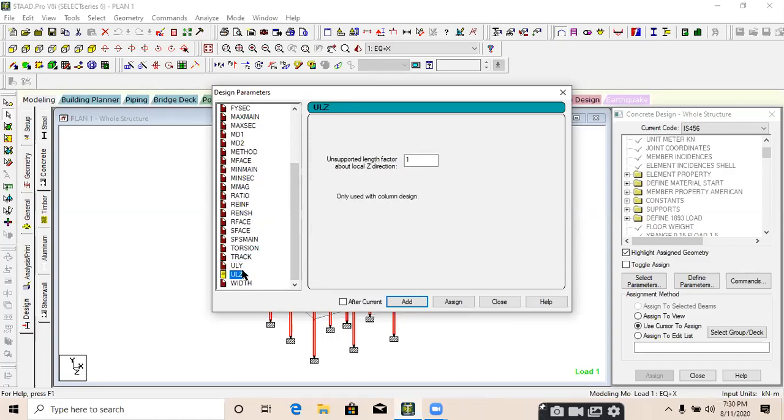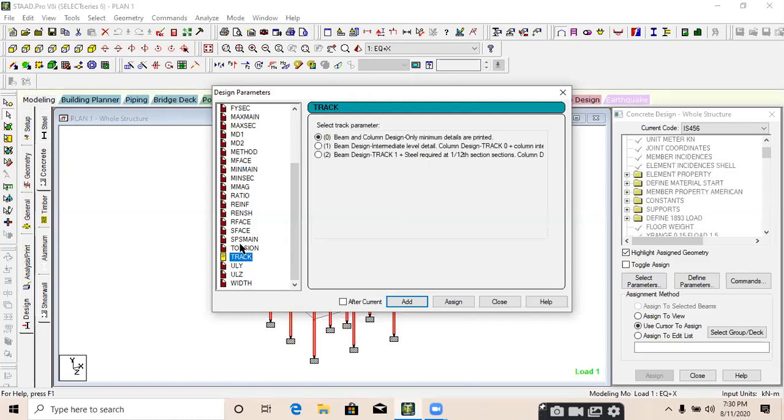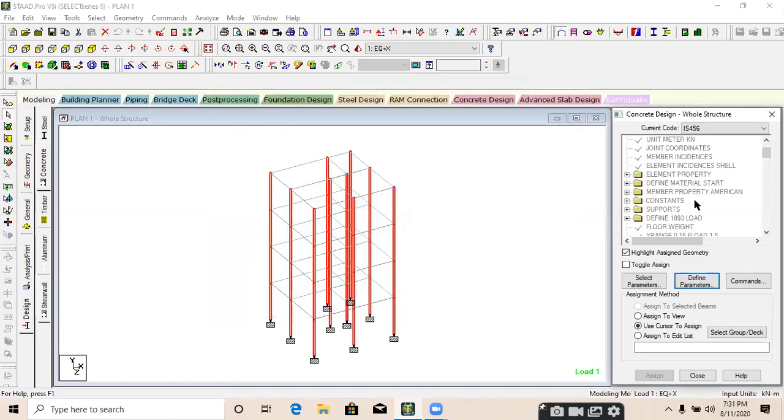Okay, unsupported length about the local z direction, local y direction. These parameters are for columns. Just go and read the column design data and you will find all these things, which I add in this particular lecture. These are the important things we need to provide. If you are not providing, software will not go further.